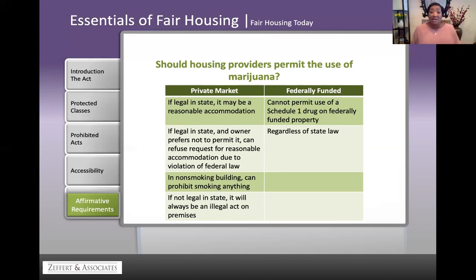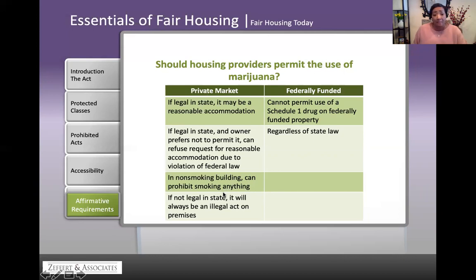Why? Because they can stand behind the fact that it is federal law. Marijuana is still a Schedule I drug, which means it is federally illegal, although some states are recognizing it for recreational and medicinal purposes. Under the private sector, a non-smoking building can